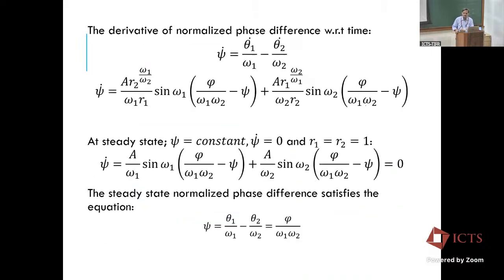What is the objective over here? The objective is to construct a network, a general network, where the oscillators have a great range of intrinsic frequencies, and that network should be able to capture brain dynamics. So you take EEG or fMRI or something. This network, let's say, of a few hundred oscillators.